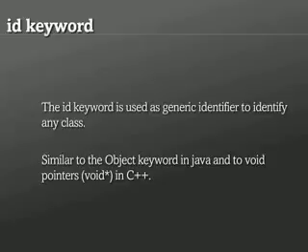The ID keyword is just a generic identifier used to refer to any object. And it's similar to a void star pointer in C++, and it's similar to the object keyword